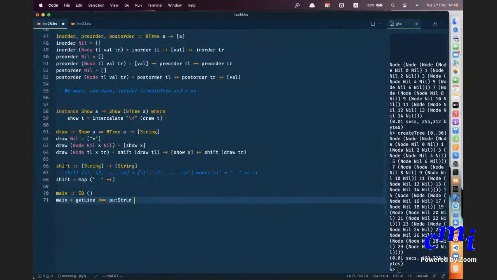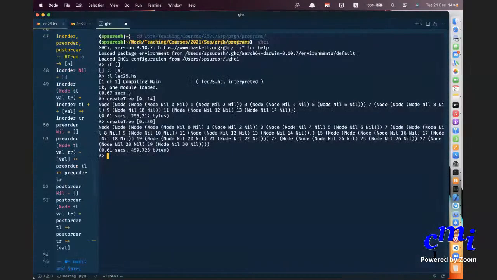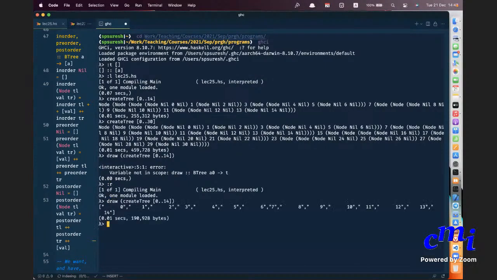So let me save this and then let me go here. Let me say draw of create tree 0.14. Yes, you see, I have gotten a bunch of output.